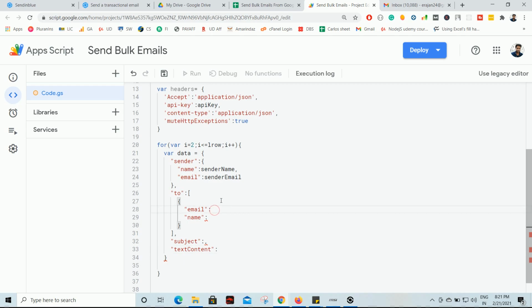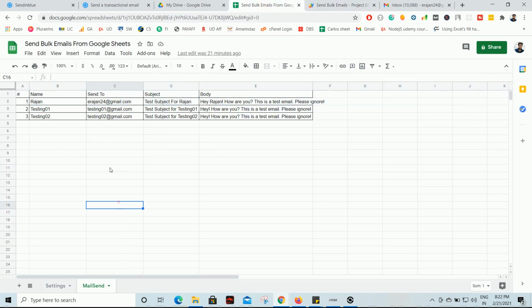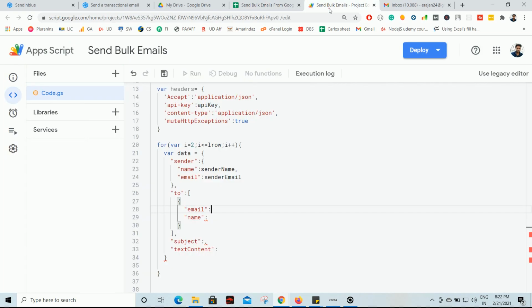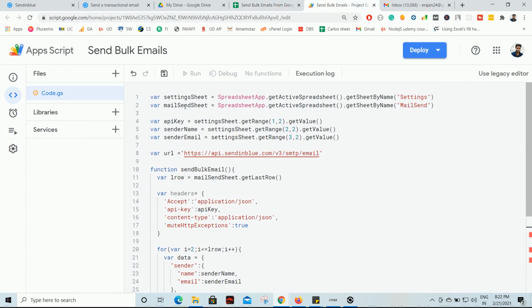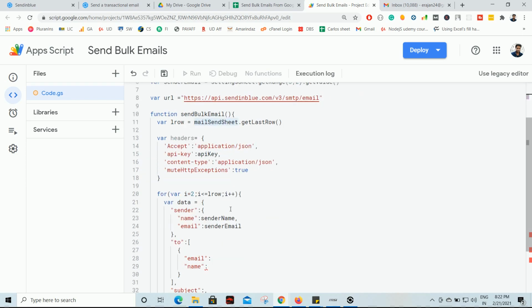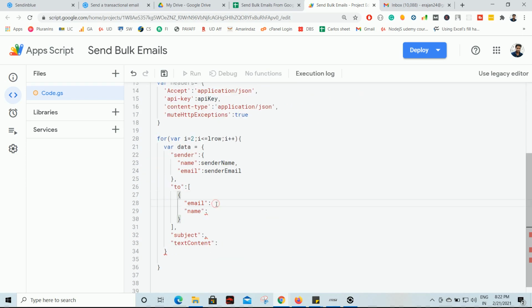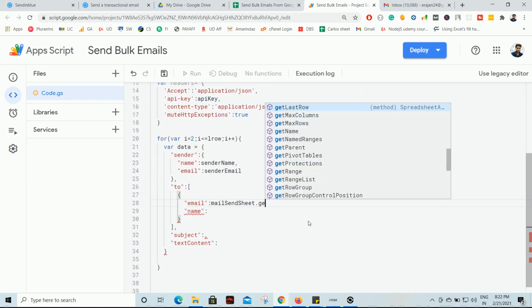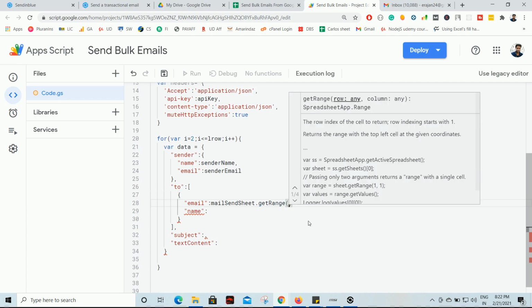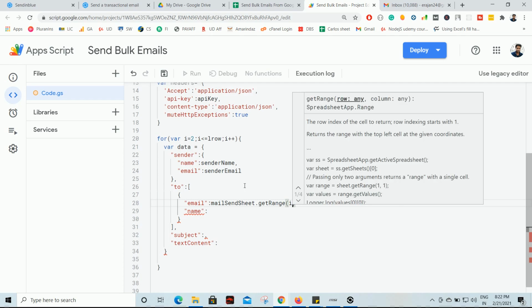So email, it's a dynamic value, and because we have to send this email to multiple people, we have to make use of this mailSendSheet.getRange, where we are iterating using a variable i. Let's use the i.